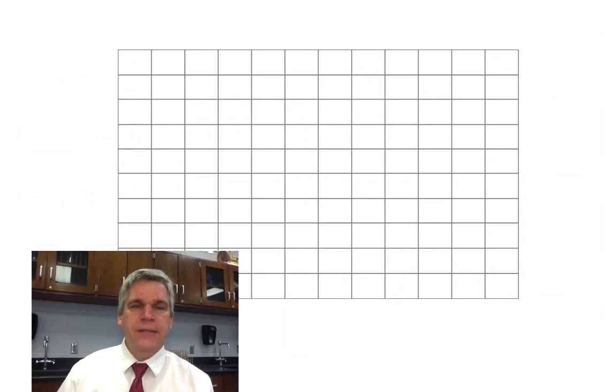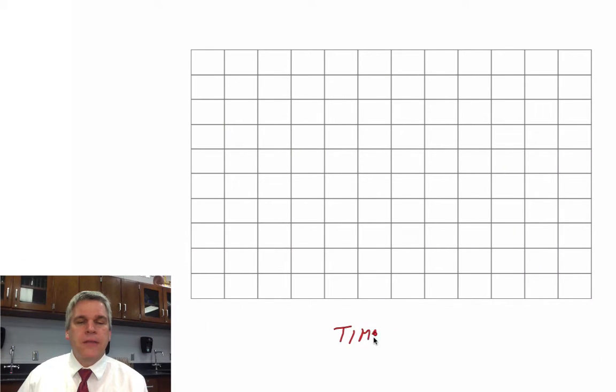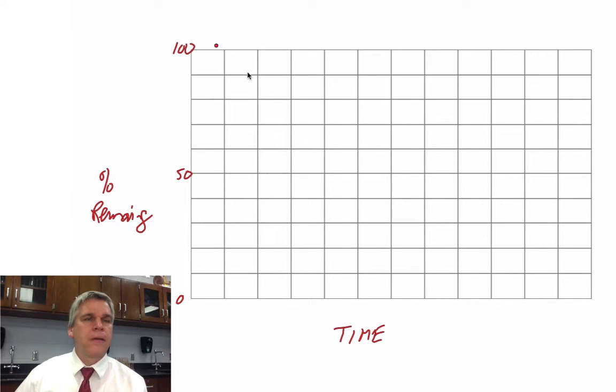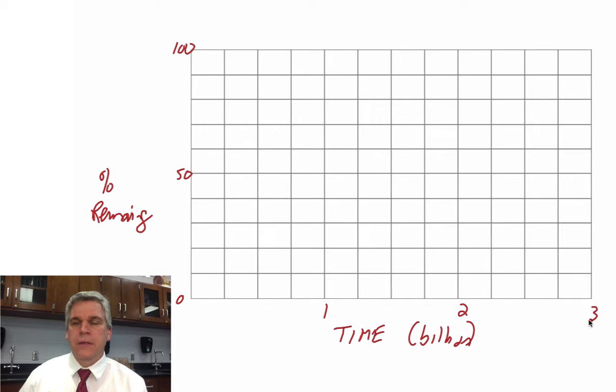So if we graph that, we want to put time on the x-axis, and we're going to put the percent remaining on the y. 0 will go up by 10% each time. And let's make each one of these times, this is going to be in billion years. So let's go by 0.25, so that's going to be 1 billion, 2 billion, 3 billion. So in uranium-235,